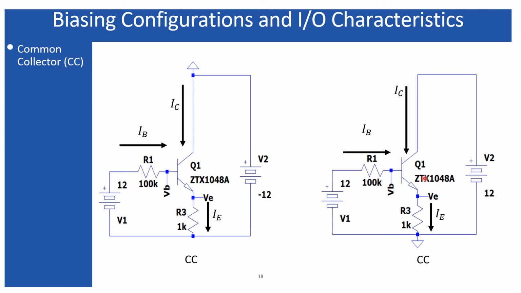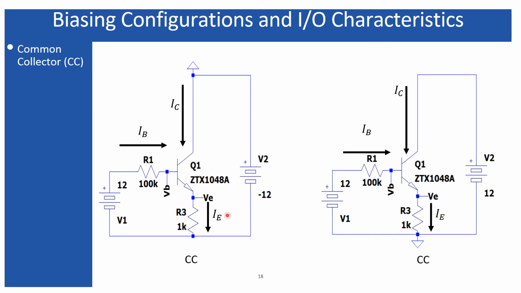Because if you check with this circuit, where the positive terminal of the external voltage source is connected with the collector, and the common reference point is connected with the emitter also, still I am taking the output from the emitter. So this is also common collector, because whatever you are using, common collector, common base, common emitter, you must keep this orientation: the collector should be at higher potential than the base, and the base also will be at higher potential than the emitter. This configuration must be maintained.